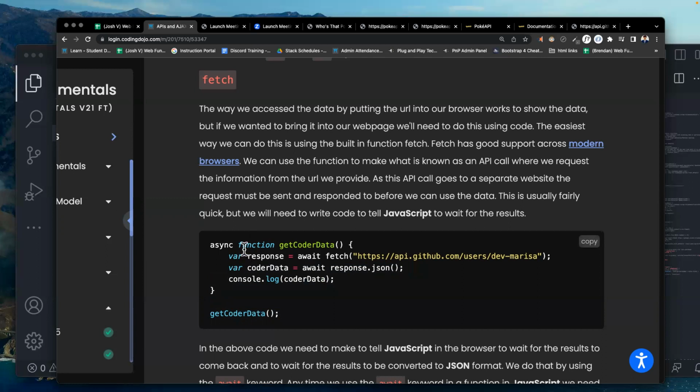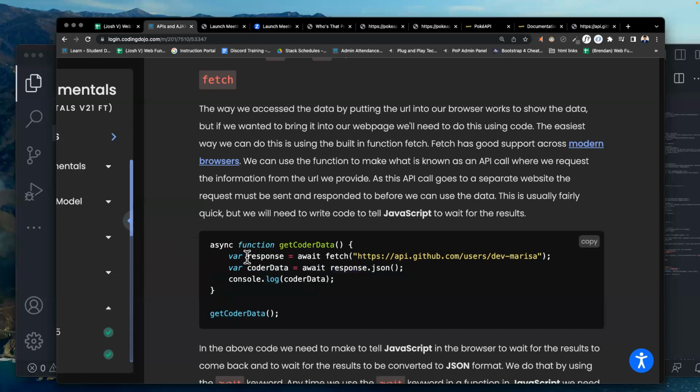We have this API call on the line var response equals await fetch, and we're waiting on this fetch call for this API. The next line, we see another variable declared called var coder data. What this does is it also awaits, and it takes that response.